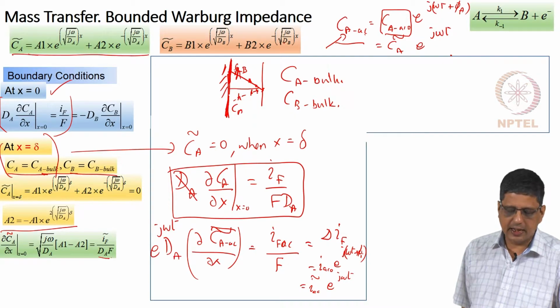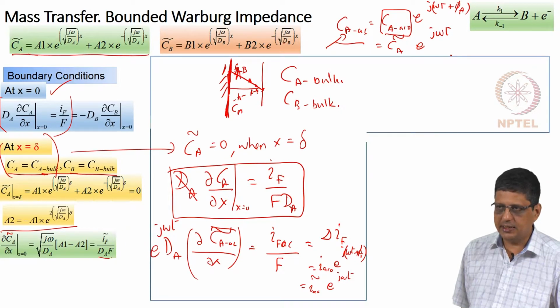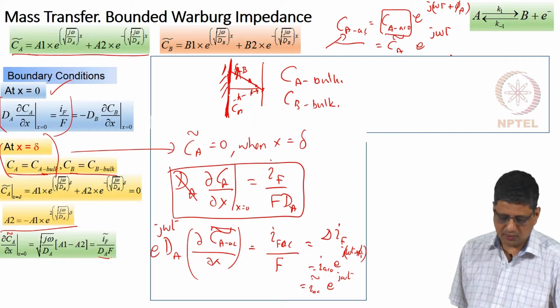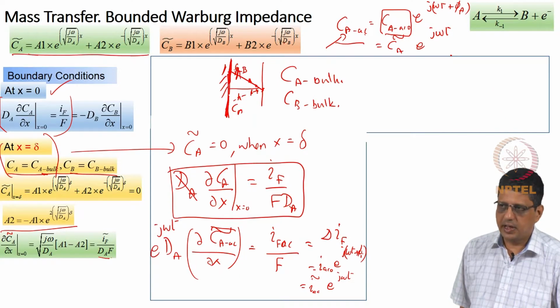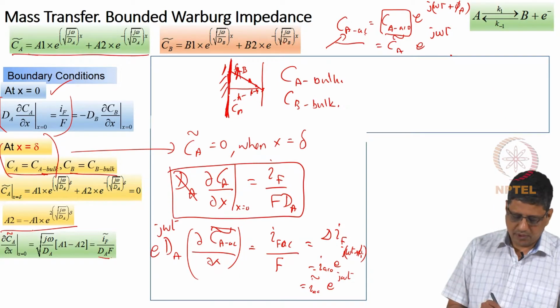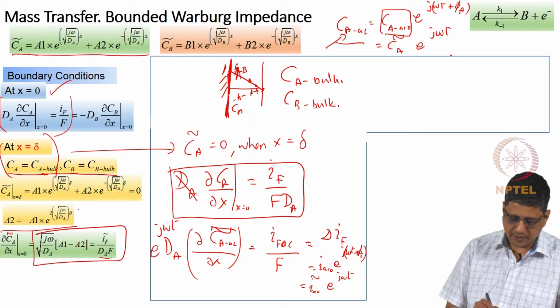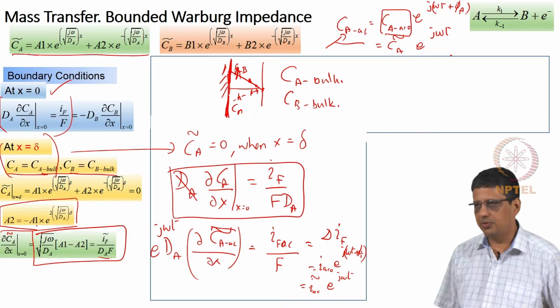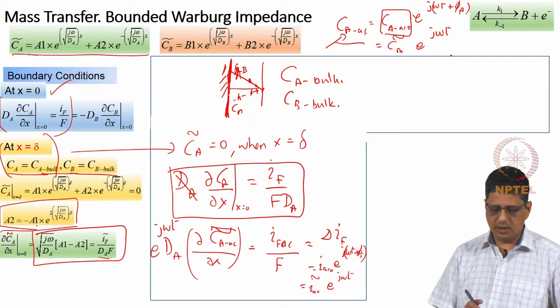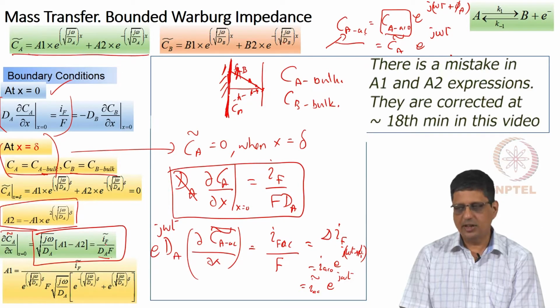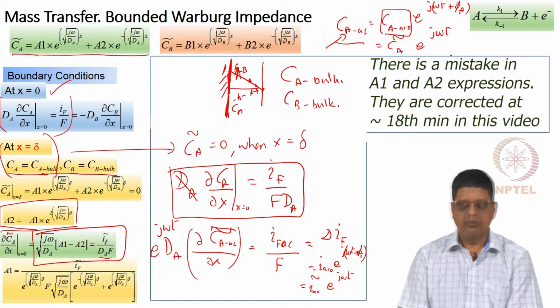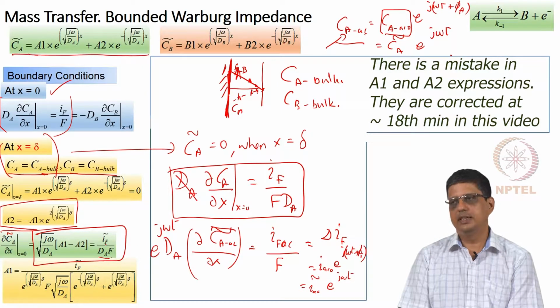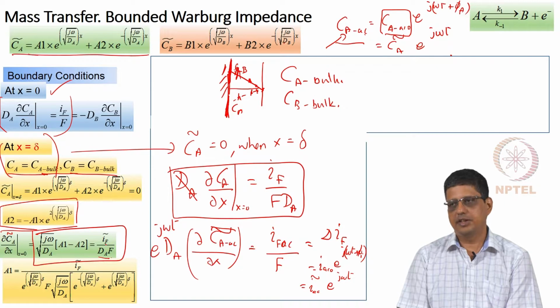And of course, I can take the derivative of Ca with respect to x, and then at x equal to 0 I can find the value. Now, using this equation and this equation, I can write A1 and A2 in terms of known parameters. Up to this, are you okay? I would actually like you to try that and get this. A lot of times in the books you would see that this is the equation, but how do you get it?